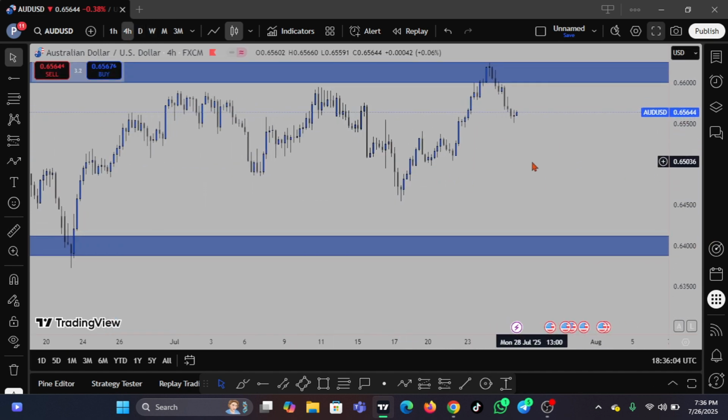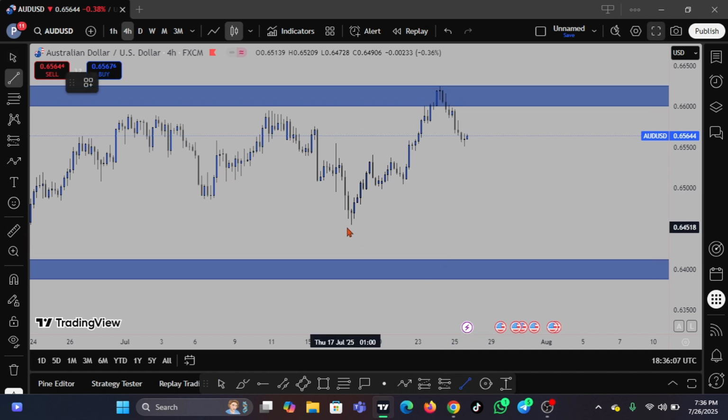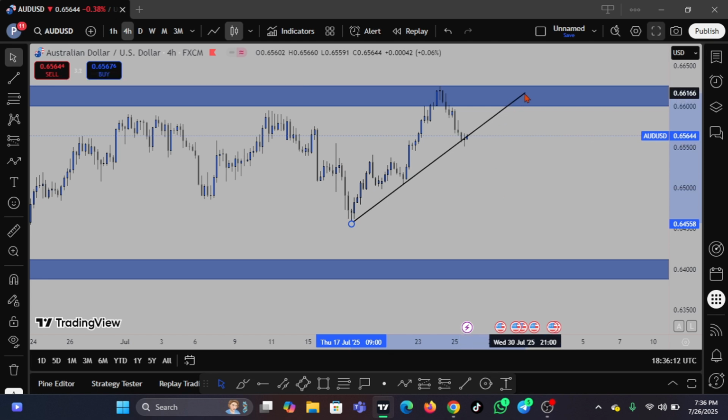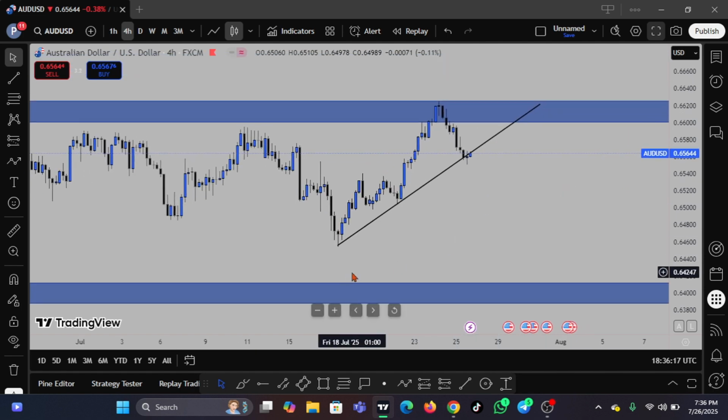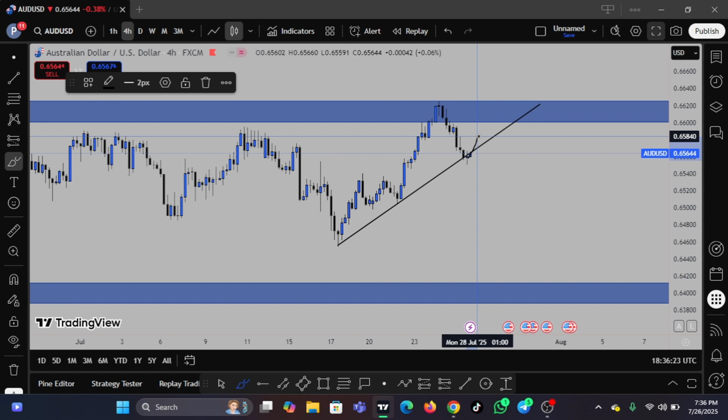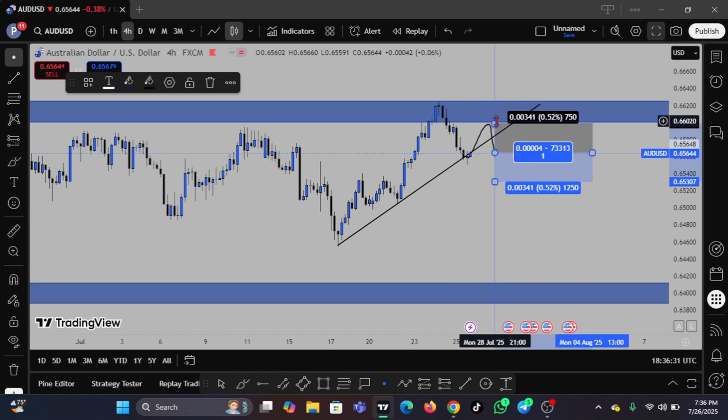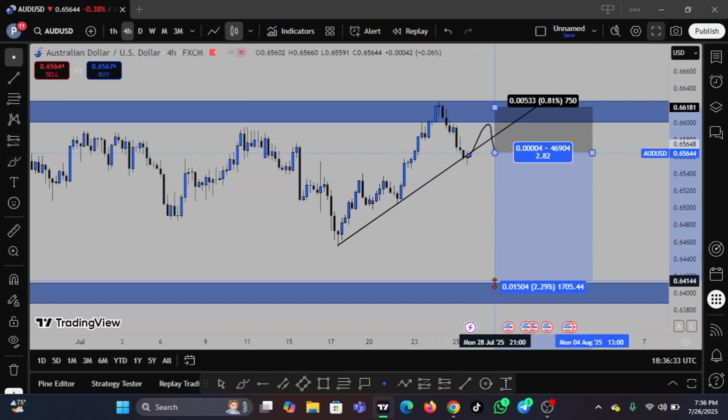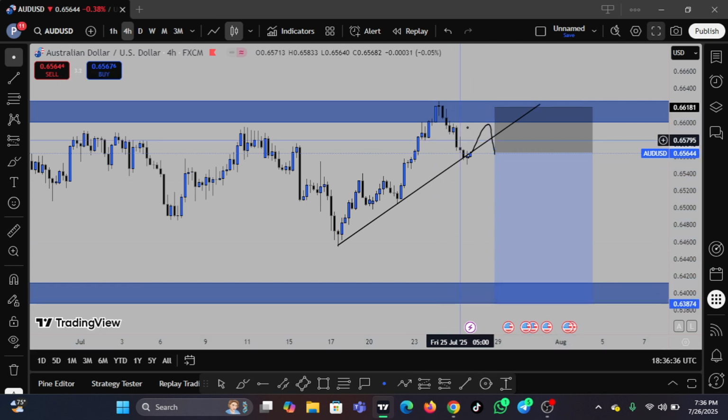So on the 4 hour chart, I have price creating this level for me to be able to draw my counter trend line, and I can see that price is yet to fully break the counter trend line. So when the market opens, we may have a little bit of push, which is what I will most likely want to see, and then a surge to the downside. This is now going to be my entry on AUD USD, and I'll be looking to target this downward movement. So this is how I'll be trading AUD USD in the coming weeks. This is my view.